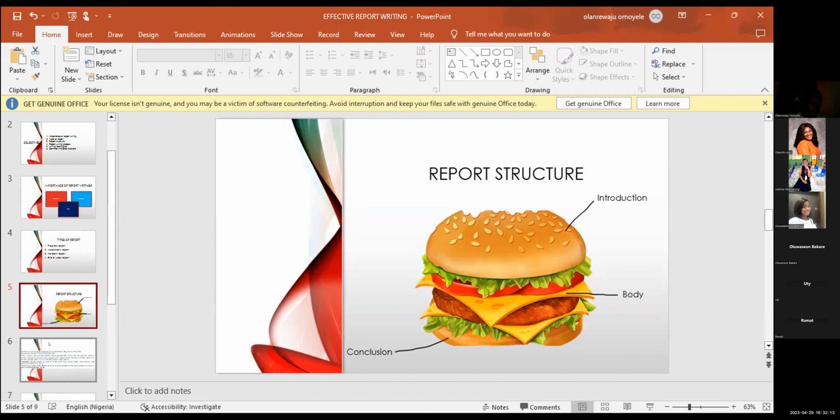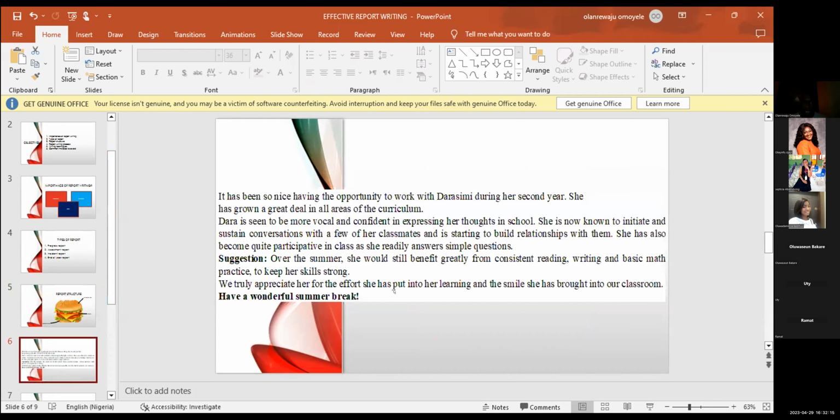So let's look at this report sample. Like I said, the introduction, which is the bread, the lettuce, whatever, and the conclusion. It has been so nice having the opportunity to work with her during our second year. She has grown a great deal in all areas of the curriculum. I asked her to be more vocal and confident in expressing her thoughts in school.